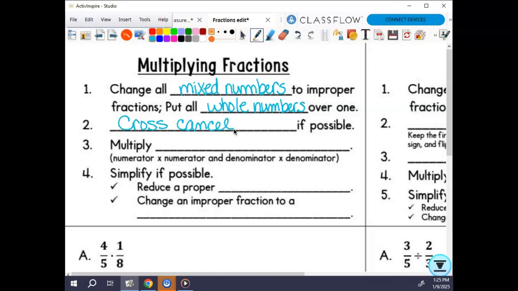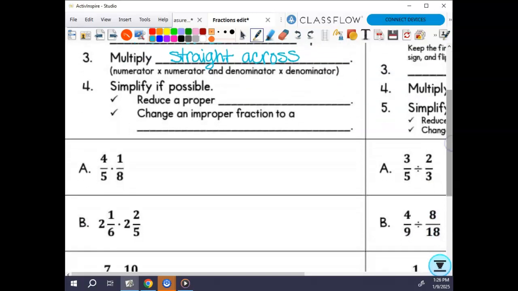I'm not sure. And then here's the important part, because it's not multiplying. We multiply straight across numerator and denominator. Straight across, both of them. So numerator times numerator, denominator times denominator. And then the end is the same as the other ones, that we are going to reduce proper fractions. I mean, technically, you're reducing the improper ones too. And change improper fractions to a mixed number,